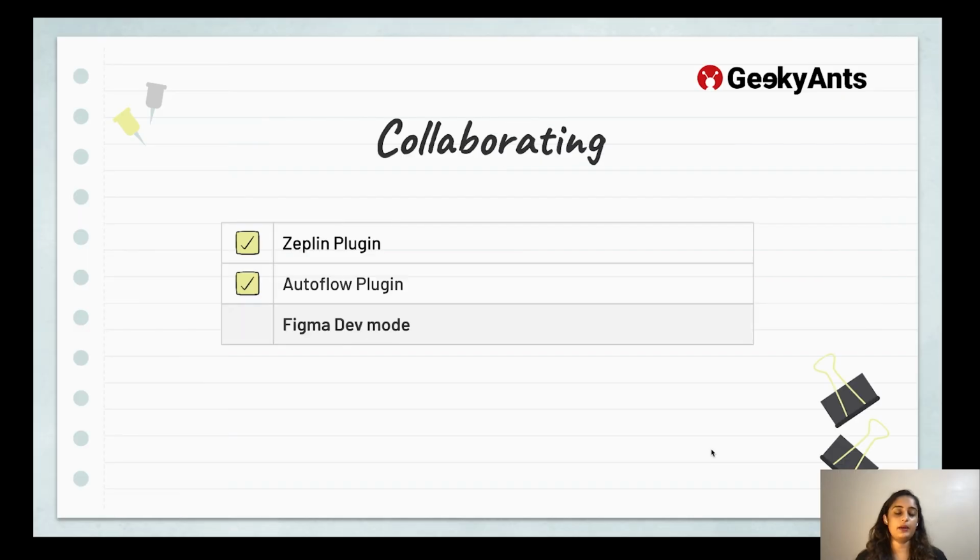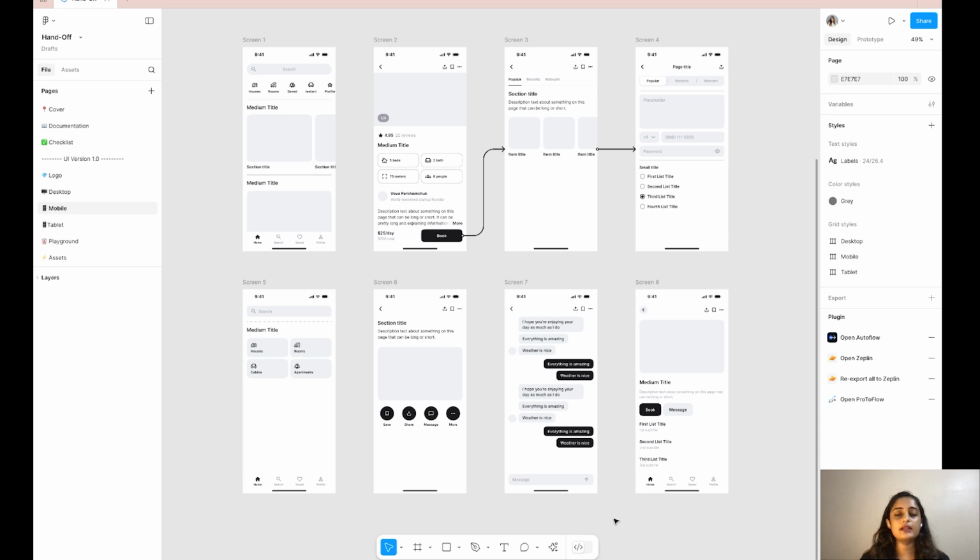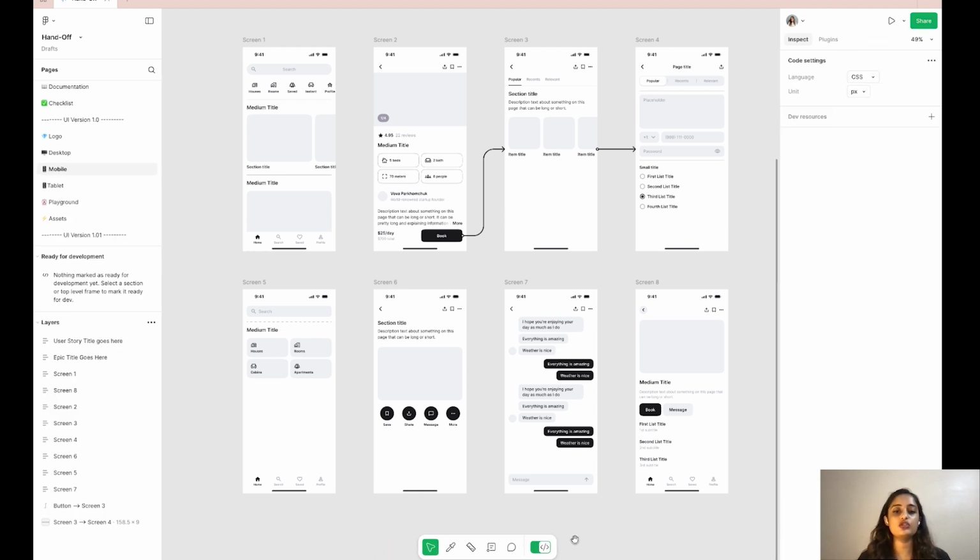The next collaborative feature that Figma offers is Dev Mode. Dev Mode is a great feature. A lot of developers don't know the exact functionality and how to navigate themselves through Dev Mode. But once developers are able to get the knack of it, you will understand why it's so important. So how you access Dev Mode is just click on this toggle or click Shift D and you will be able to switch to Dev Mode.